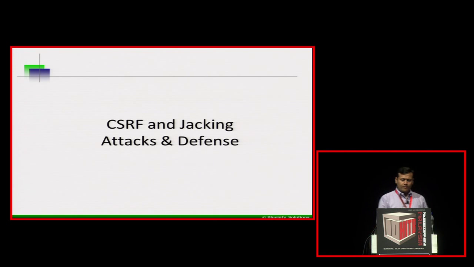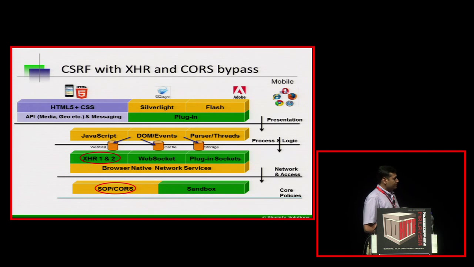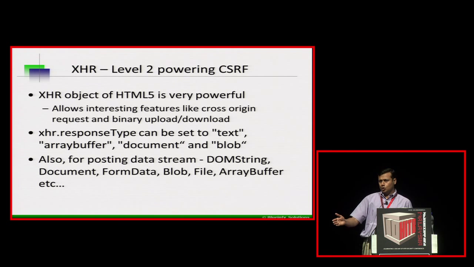So the first vector which we have is CSRF and jacking, for example. When you do an analysis of the browser, how they are behaving with these new policies called CORS, there are features which are added to bypass SOP. So what you have is an XHR level 1 and level 2 call, and when you have SOP and CORS over here. Now, one of the fundamental differences between XHR level 1 and XHR level 2, which we have with HTML5,